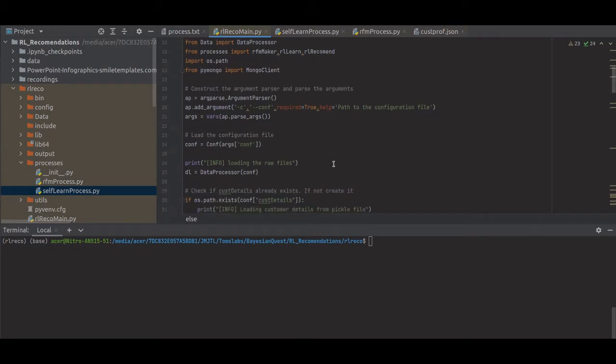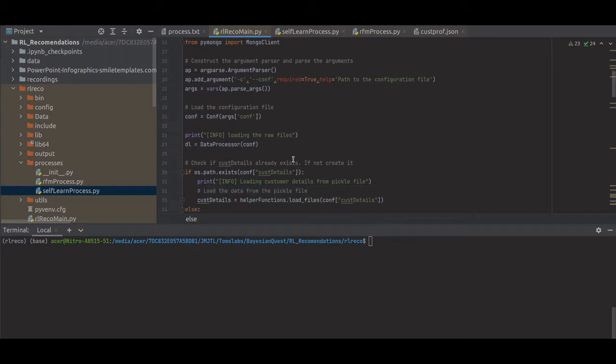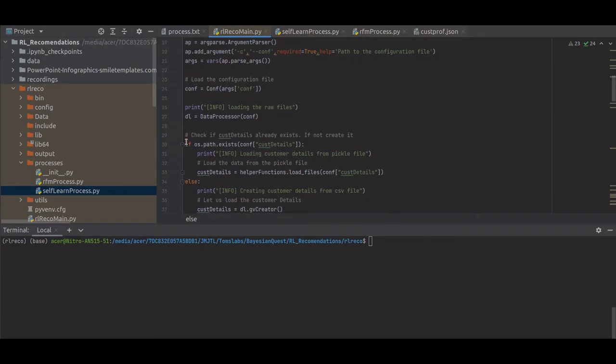The first step is about loading the data, and we use the data processor class, and we are just initializing this data processor class. From a machine learning perspective, here is where we start the training process. As we know, the training process we are doing only once. That's why we're giving a check here in line 30, whether you already have the trained data. The processed data is already there in customer details. So we do a check.